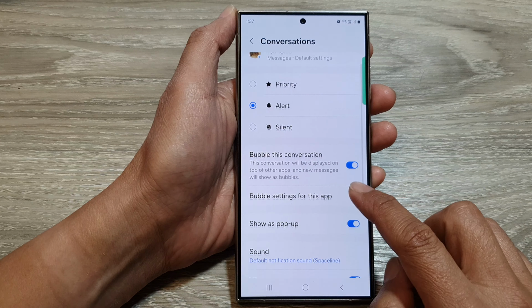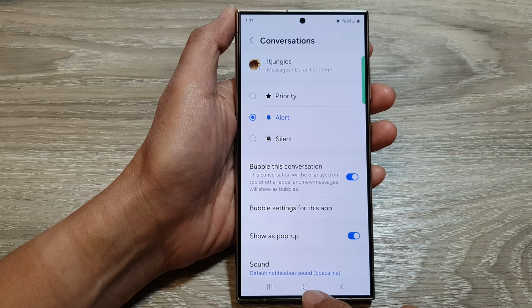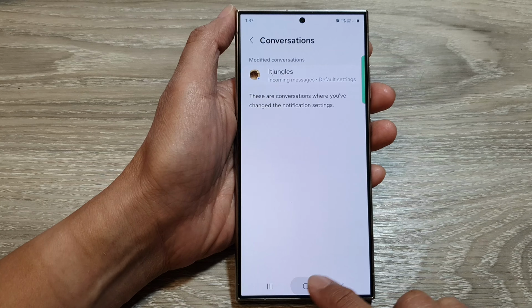And after that, you can also choose to show as pop-up or not. And you can also change the sound for that particular conversation. And that's it. After that, you can tap on the back key or the home button to go back to